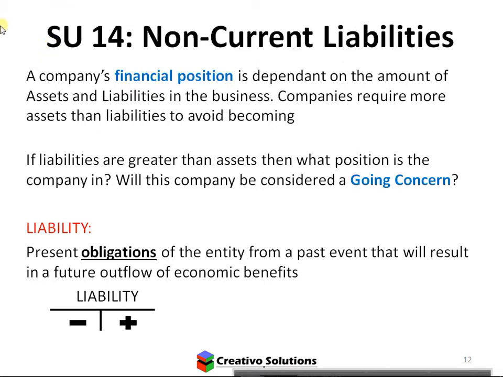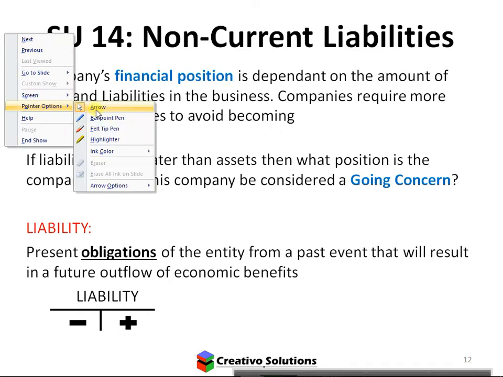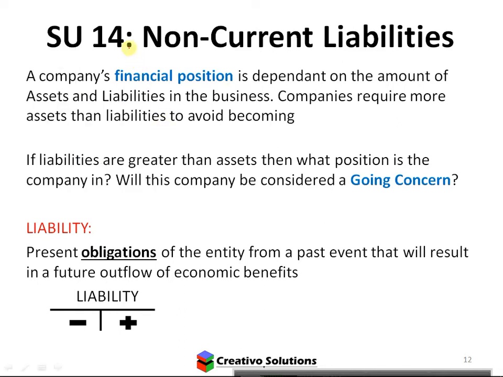Okay, so non-current liabilities are going to be used to finance what? What will you use non-current liabilities for? Bonds, loans. For what type of assets? Long-term loans for long-term assets. Okay, so you'll use a bond for what? To get finance for your house.